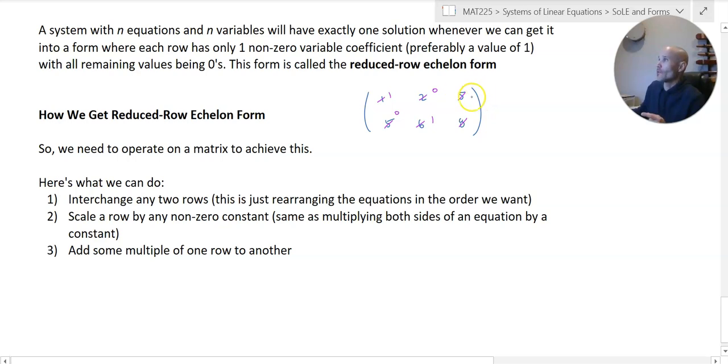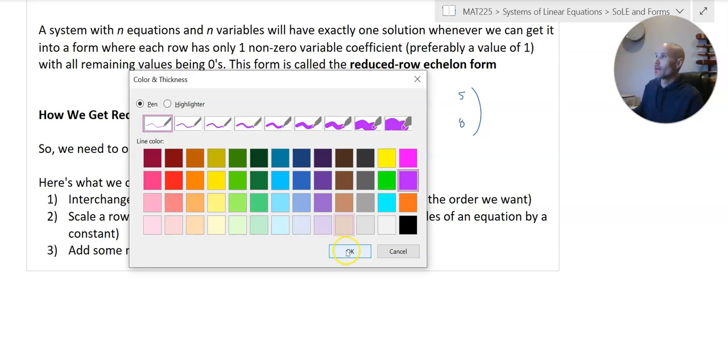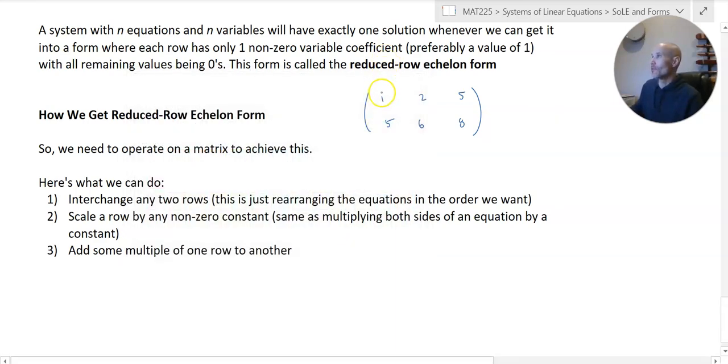1x plus 0y equals some number, 0x plus 1y equals some other number, right? So that's what I want it to look like. The question is, well, first of all, I already have a 1 there, and that's good, right? If I didn't have a 1 there, if that number, let's say, was a 2, and to make this easier, I'm going to make this number 50 right there. Well, in order to make this 2 into a 1, and that's going to be my first task,